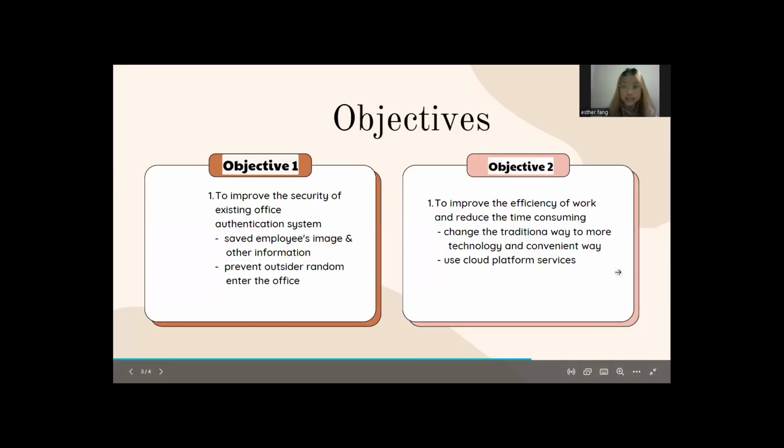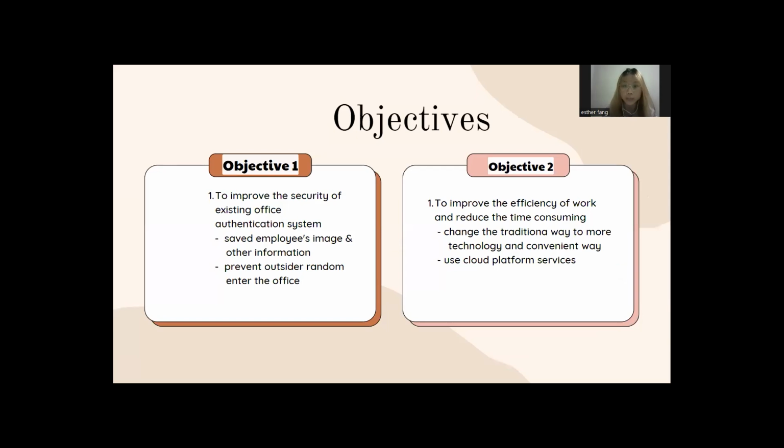Next, I would like to present the objective of our project, which was to improve the security of the existing office authentication system. In our project, we not only use the normal authentication and authorization method, like letting the user register an account and log into the account. We also take the image of the employee and store it in the cloud service, and use that cloud service, which is AWS Rekognition, to train on the image of the employee.